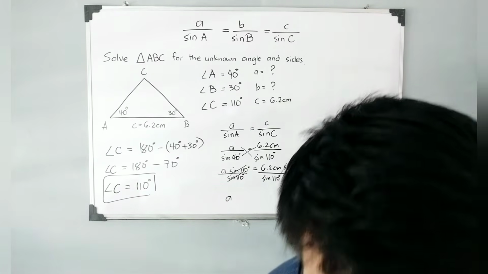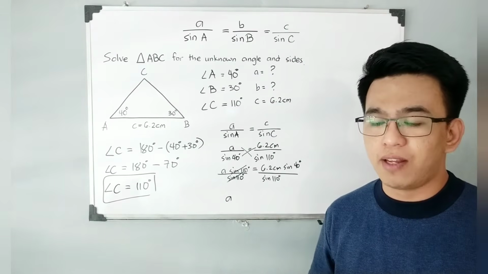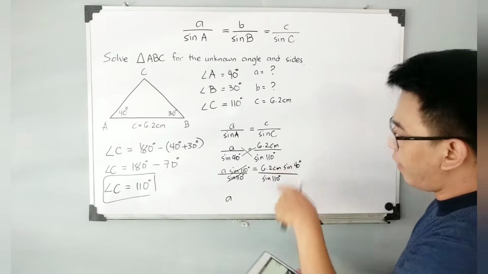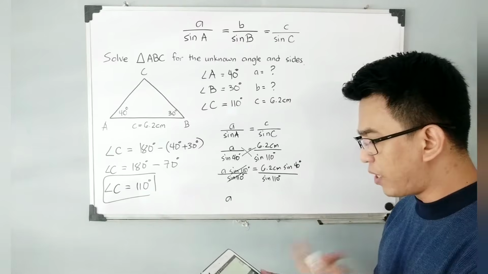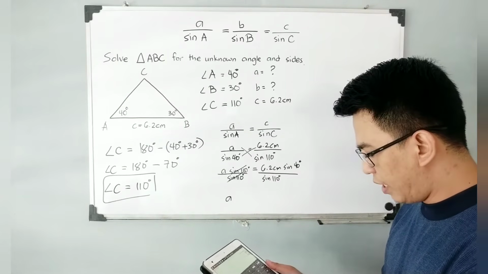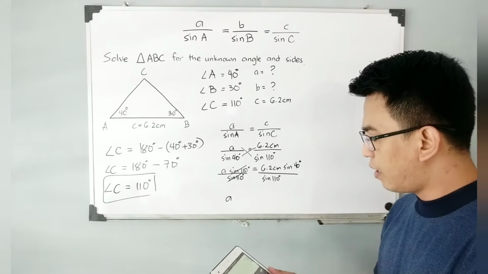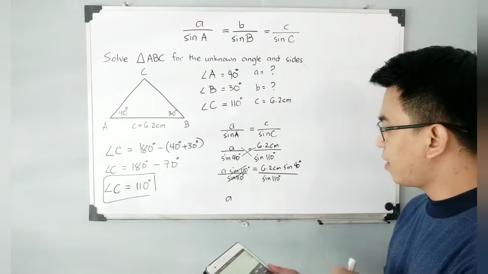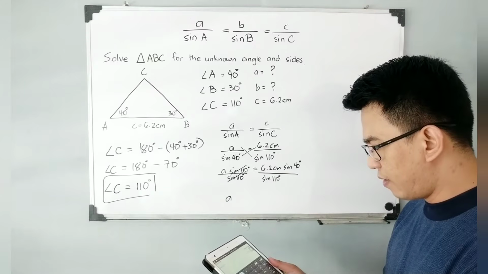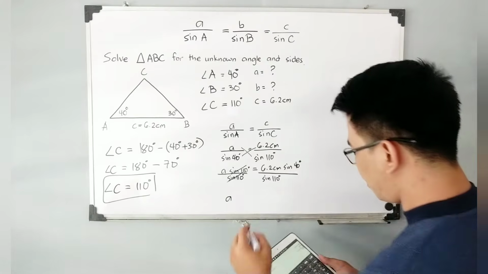So, another thing na kailangan nyo is to use your scientific calculator. Right now, I'm using my iPad kasi meron ako ditong installed na scientific calculator. First, I will evaluate 6.2. 6.2, i-press nyo sa inyong calculator and then press sine 40 degrees. And that is 3.9852 and something. And then divided by sine 110 degrees. Okay? So it will give us, ito yung sagot natin dyan, it will give us 4